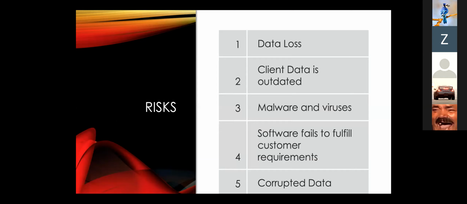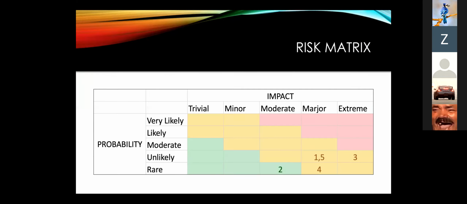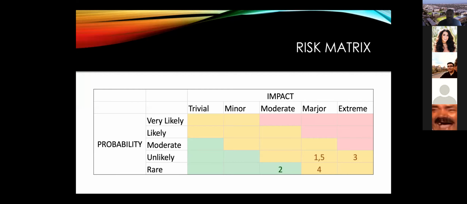And then corrupted data. So notice how it's all numbered 1, 2, 3, 4, and 5. So in the next slide, we could see the different probabilities and impacts. So mostly they're on the moderate side or major side. That's a little typo. Then in the next slide, we'll go into